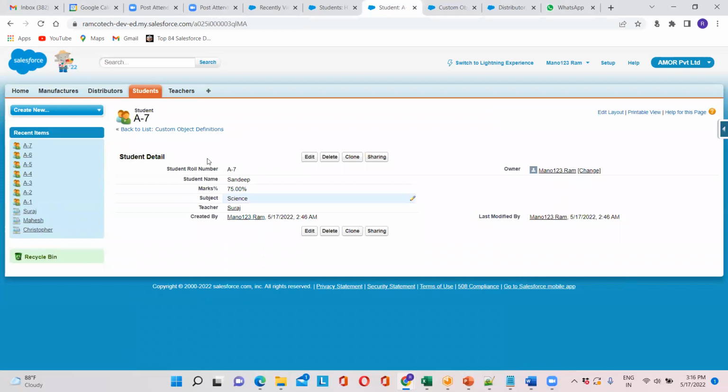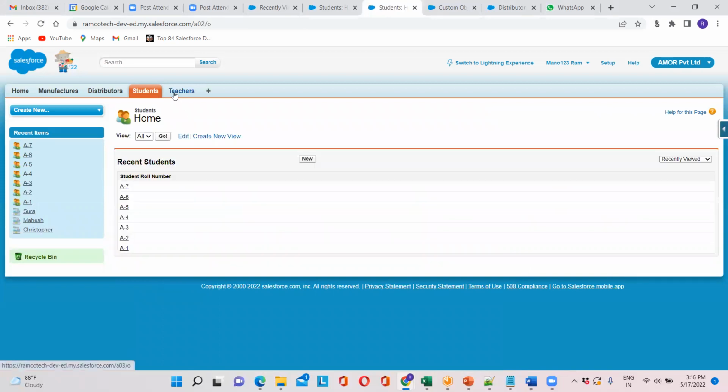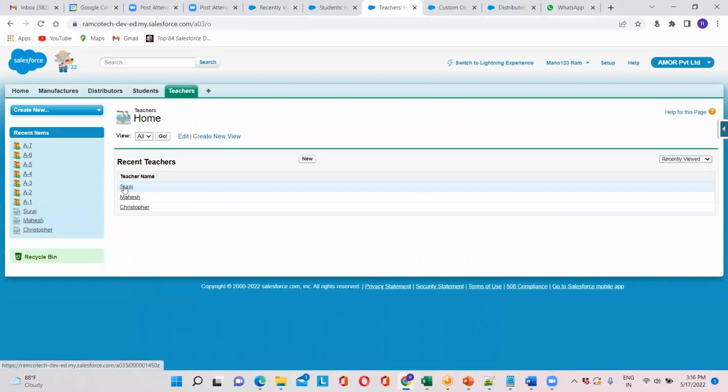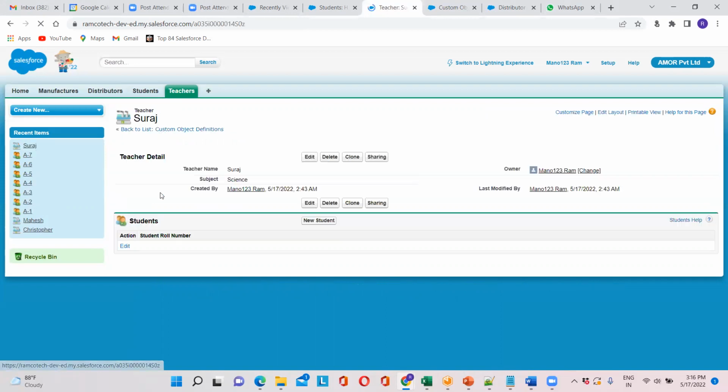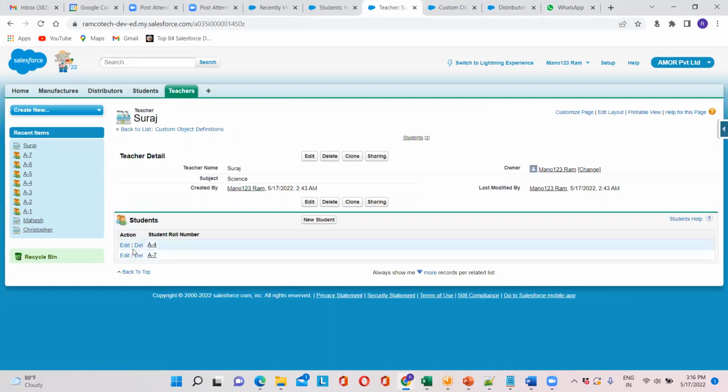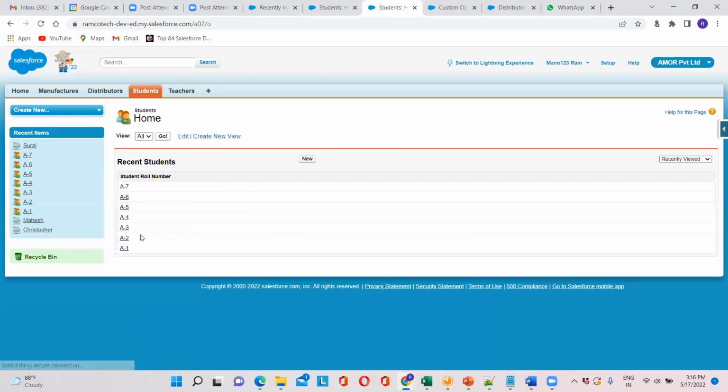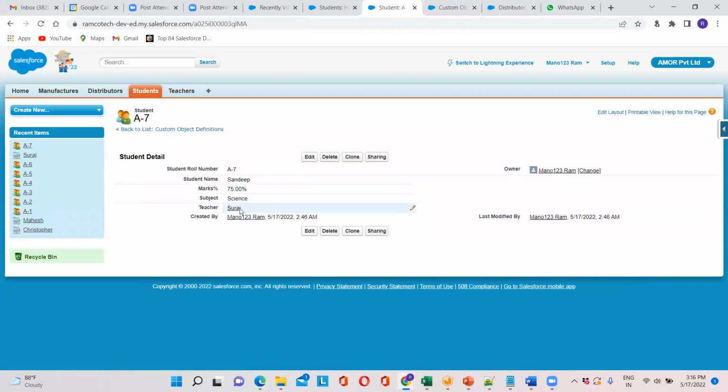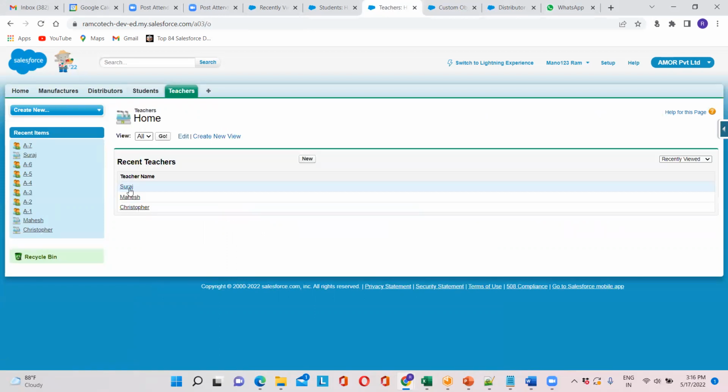Okay. So now just go to teachers. If you click on any teacher here, we can find which are the related students. That means whenever you have a relationship, you can find it like this. If you go to student, you can't find whether a relationship is available or not. But if you go to teachers and click on any teacher,